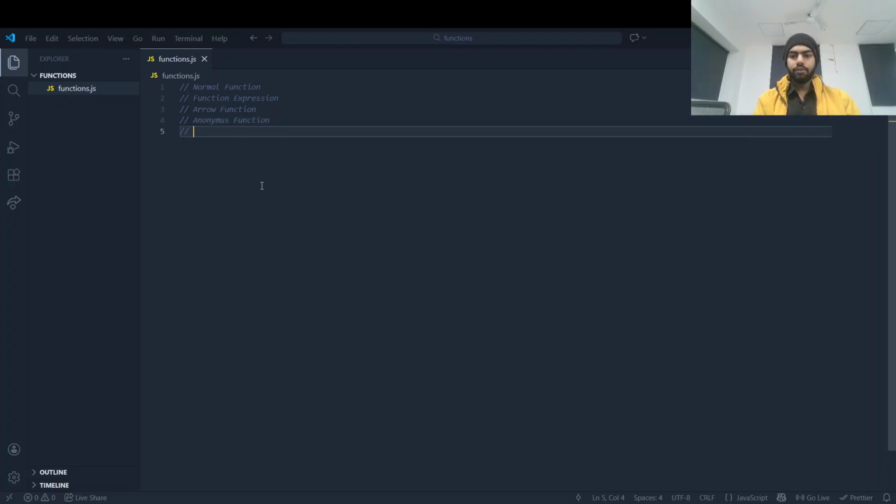Now we have IIFE, whose full form is immediately invoked function expression.